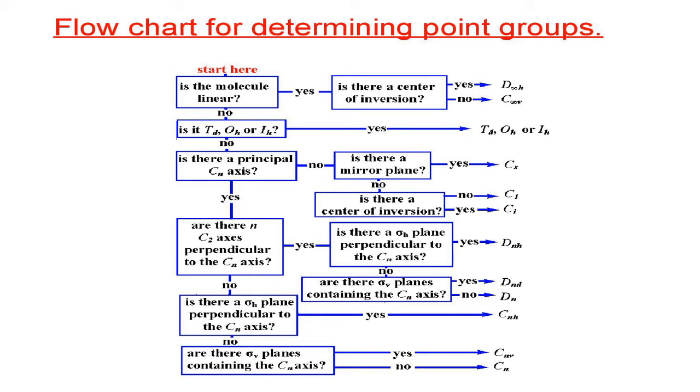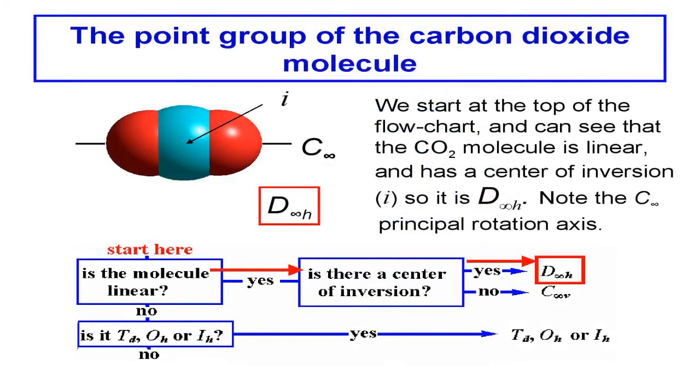And if the molecule possesses a horizontal plane, then we can assign the point group of the molecule as Cnh. If it contains a vertical plane, Cnv. If the molecule doesn't possess any vertical plane or horizontal plane, then we can assign the point group as Cn. This is the flow chart for determination of the point group of a molecule. By using this flow chart, we can easily assign the point group of a particular molecule. Move to the next one.